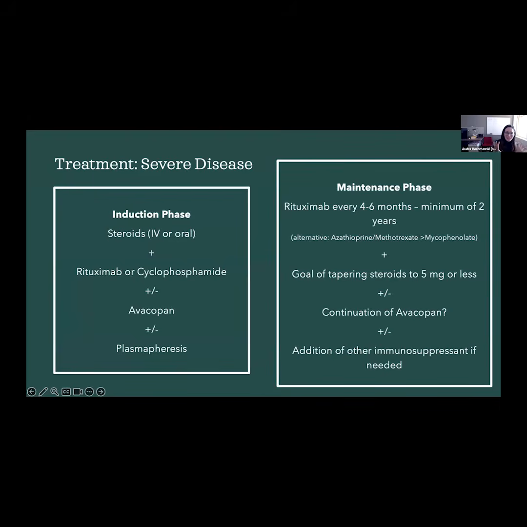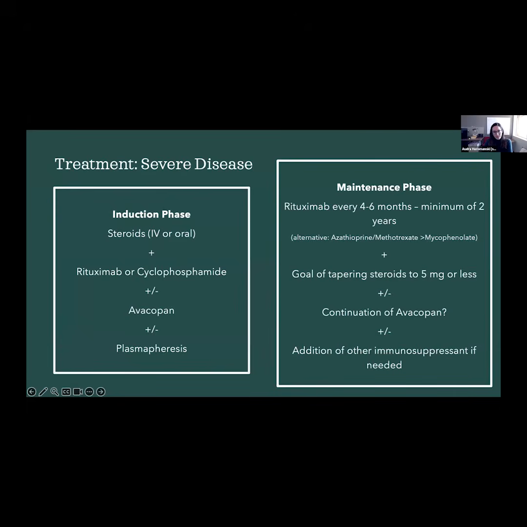The choice of this medication is very person dependent. It depends on the way that their disease has progressed, the types of symptoms that they have, the areas of their body that are involved. And there certainly are reasons that various different people can't take any of these 4 medications. And so these are the general guidelines, but everything here is personalized for each individual patient.